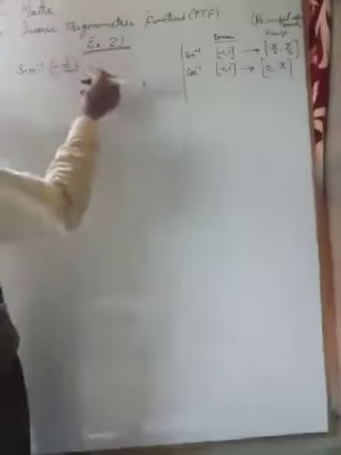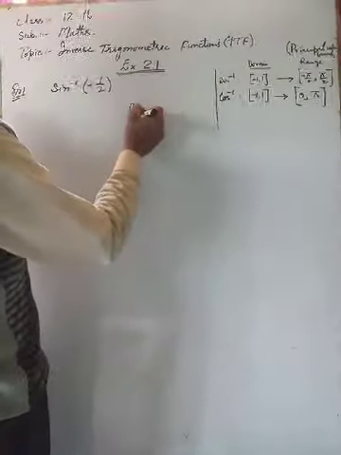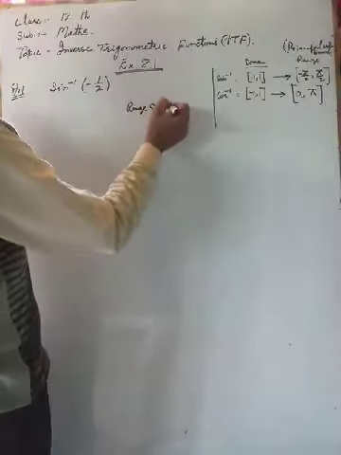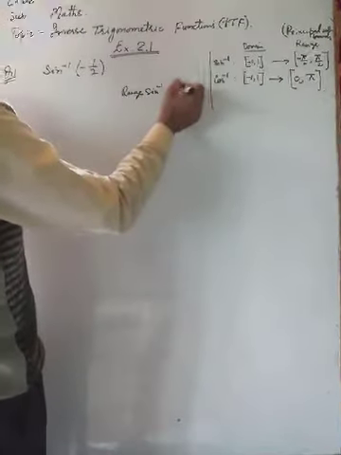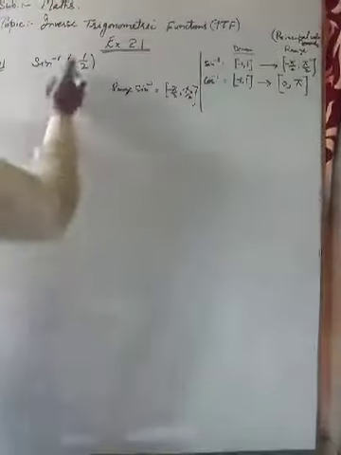Now as you know, the range of this sin inverse function is -π/2 to π/2. We know that this range of sin inverse is -π/2 to π/2. Its principal value lies between -π/2 and π/2, including -π/2 and π/2. So we write here